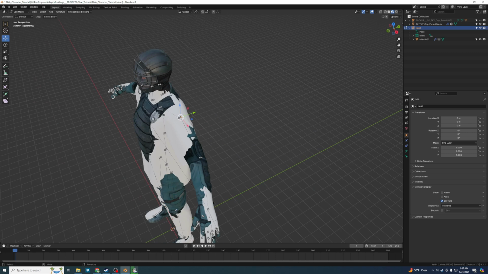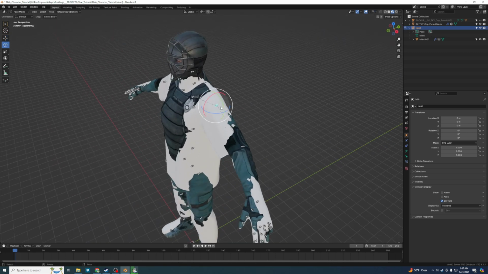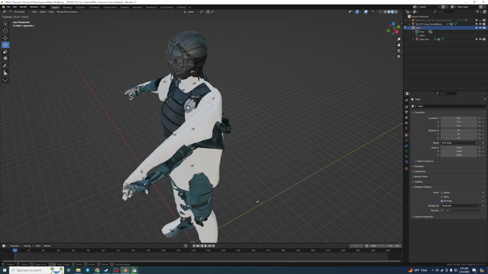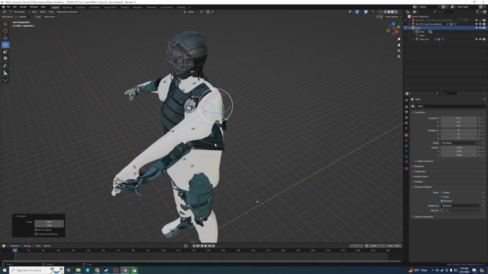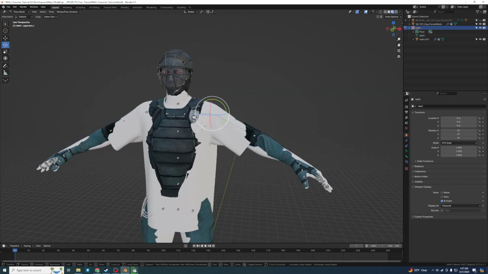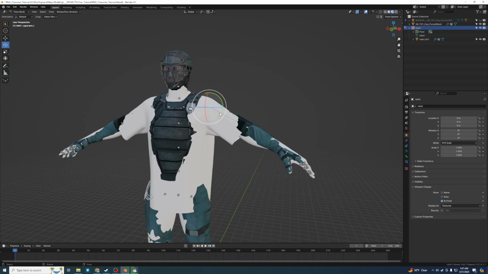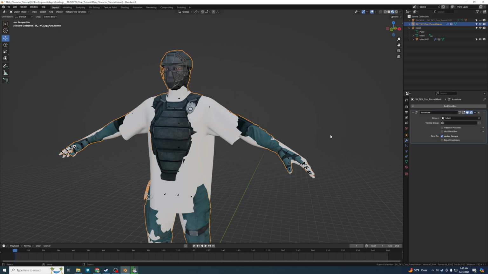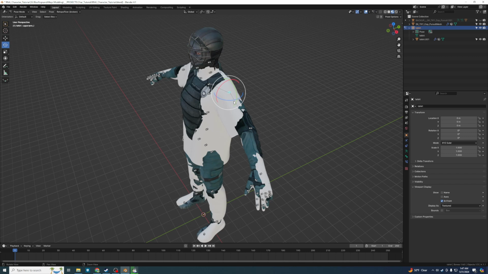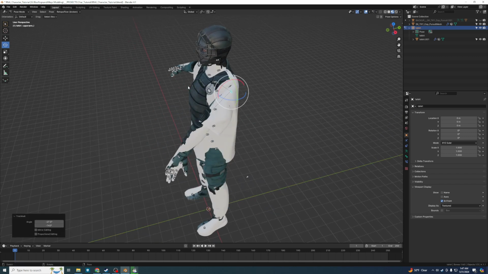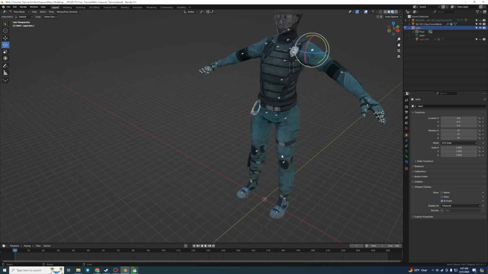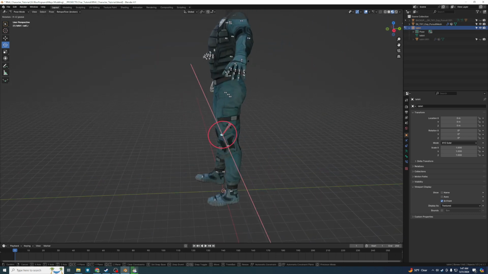Now if I go to pose mode and try to move the model around, we can see that our cop is moving alongside it. But if I start to move it too crazily, it gets really weird. This is just because we need to actually apply the data transfer modifier to the mesh. So we're going to go up into this little arrow here and click Apply, and now if we move this around, it's not going to get all weird on us. Okay, so now we can have our cop move around with the skeleton of the player character from the game,